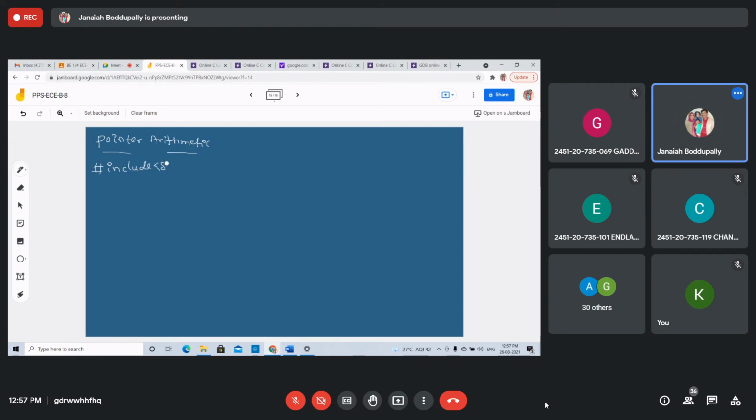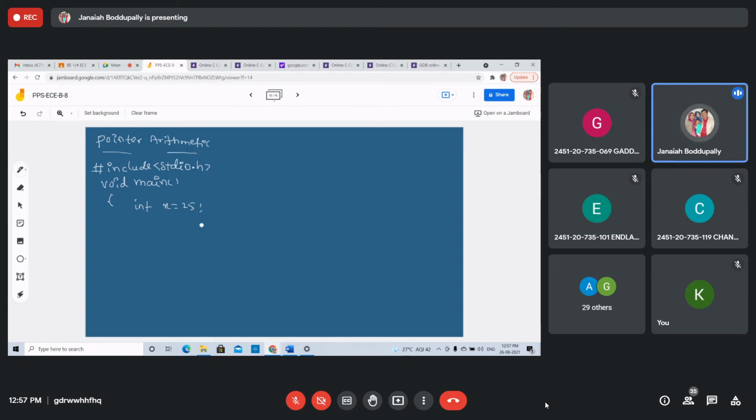#include <stdio.h>. void main. Now I am declaring three different data type variables. Int x = 25, with the assignment statement or initialization. This is an integer type variable.